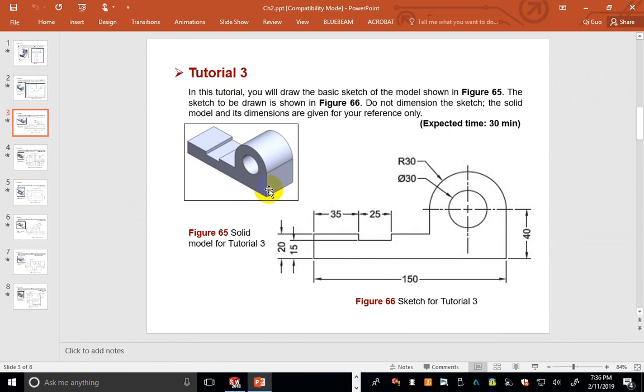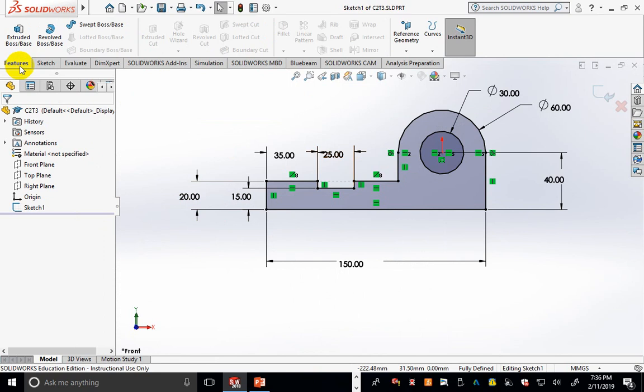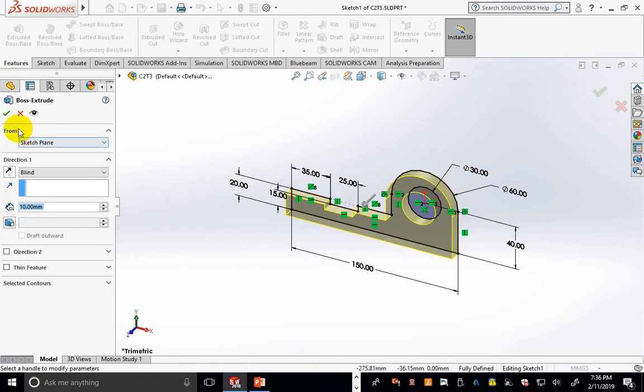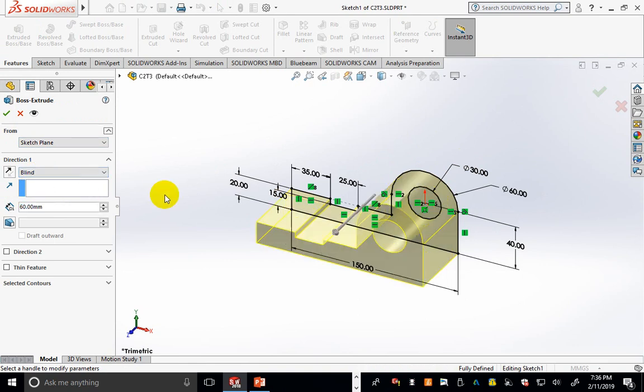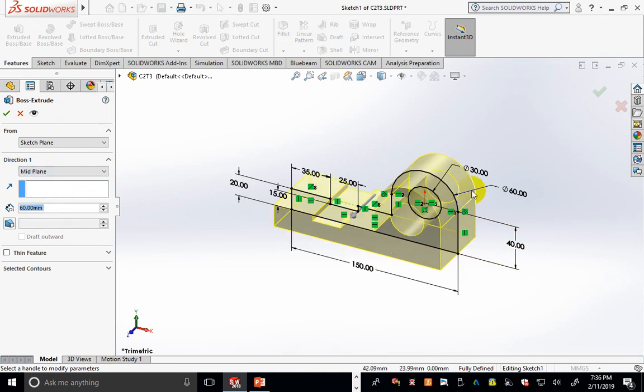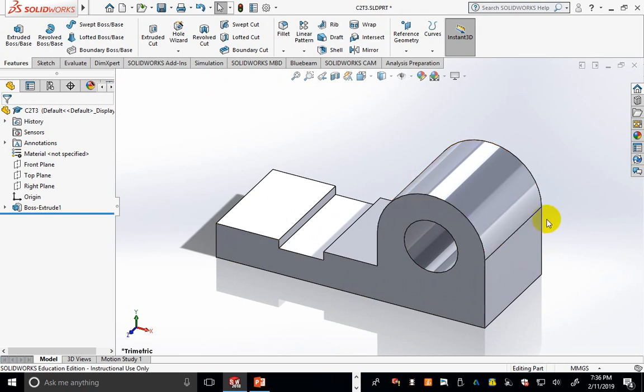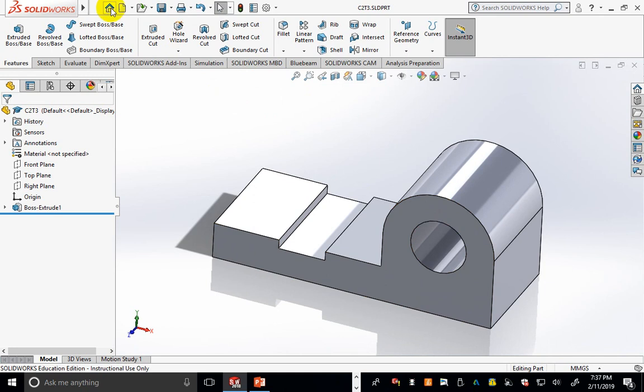When we extrude, let's extrude it to a length of 60. So let's go to Features and Extrude, and this is the sketch, and give a length of 60. Instead of Blind, which goes in one direction only, I'm going to select Mid Plane so it goes 30 on both sides, and accept the change. Now I'm going to make it bigger in the view, give it a good view and save the work. And this is what we have for Chapter 2,